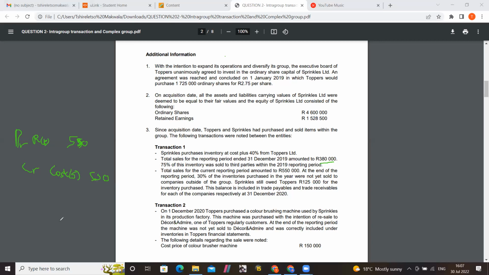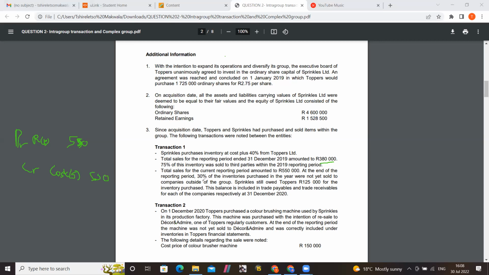And then the second journal entry that you do is the one for the unrealized profit. The unrealized profit will always be for the inventory that's not sold, the inventory that's left, because that's the unrealized part. The reason why it's called unrealized is because, from a group perspective,